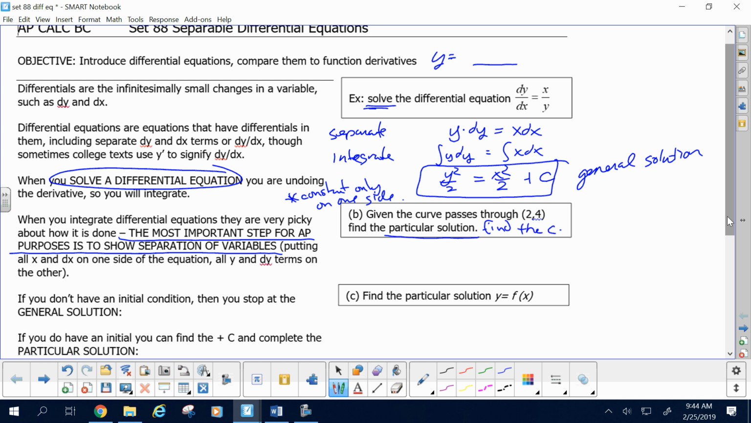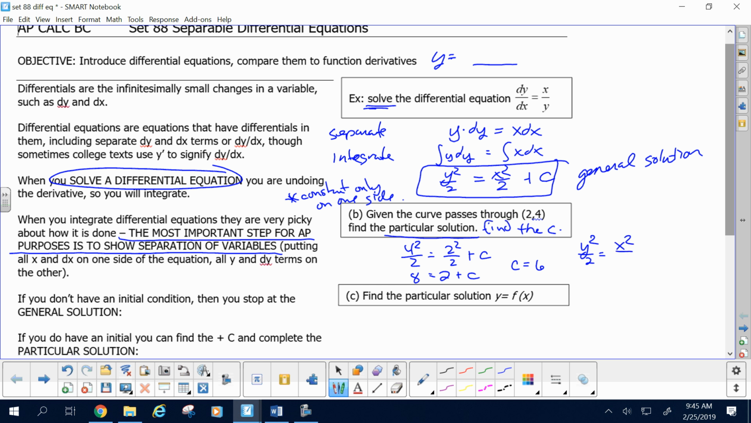You can do that if they give you an x and a y to put in. If I take the y of 4, put it in, and the x of 2, put it in, that leaves me just the c. 16 over 2 is 8, 4 over 2 is 2, plus c, so c is 6. At that point then, y squared over 2 equals